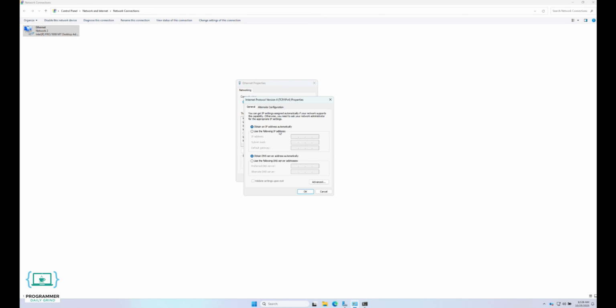Inside the IPv4 settings window, select Use the following IP address. In the IP address field, type 192.168.1.3. For the subnet mask, enter 255.255.255.0. In the default gateway field, type